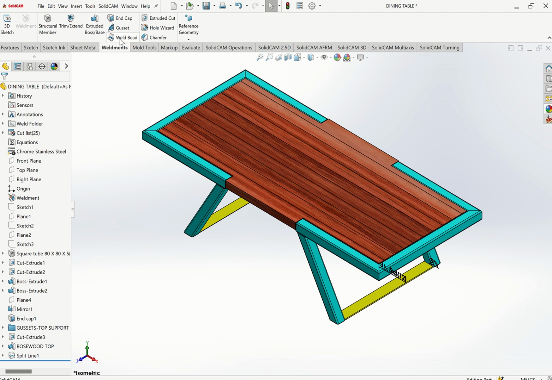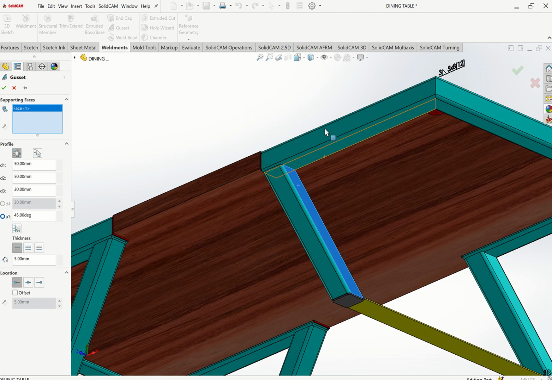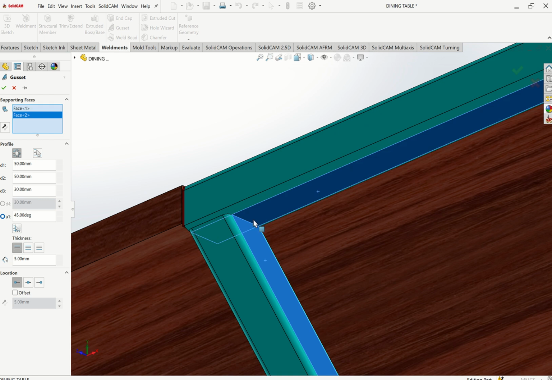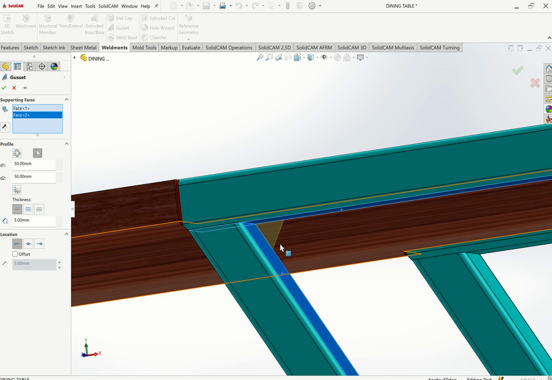Also, they have this thing. We have not checked on what you call the end cap. End cap we have put. We have put also gussets. We have done hole wizard, chamfering, no problem. We can also do another gusset, maybe from this face, for the purpose of supporting this face. Does it put a gusset? Maybe you can use this one. You see,